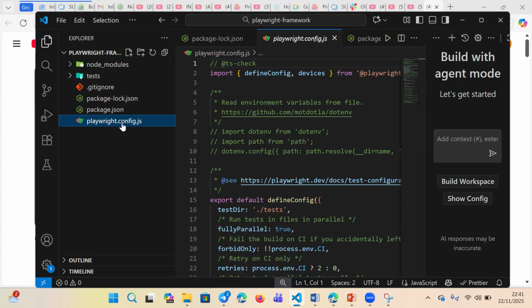So we'll look at how we can configure our Playwright with .env files going forward, and what we can install: dotenv, and I'll show you how to install it later. Then we can import path. Path is actually a part of Node. It's not from Playwright, it's from the Node module. Once you import path, it means that you want to work with your current directory, so your current directory means that you want to work with the Playwright framework